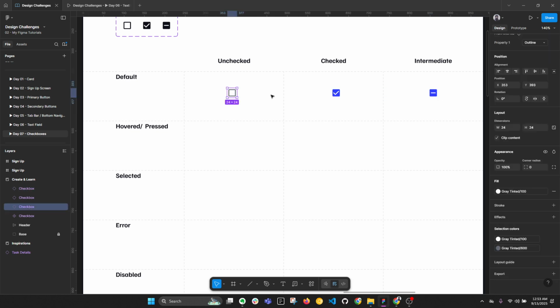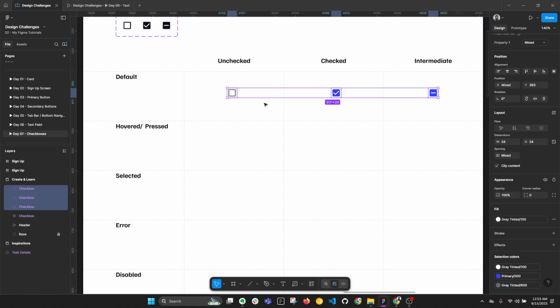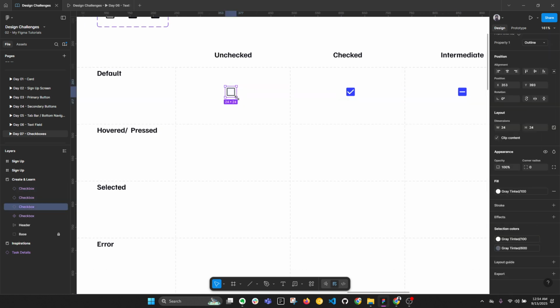Now, since these are very small, the first thing that comes to mind is let's try making them 48 directly. They look pretty weird. So anything that is an icon, we shouldn't just directly make it big enough to cover the touch area. Sometimes we just need some padding around it. So I'm going to apply